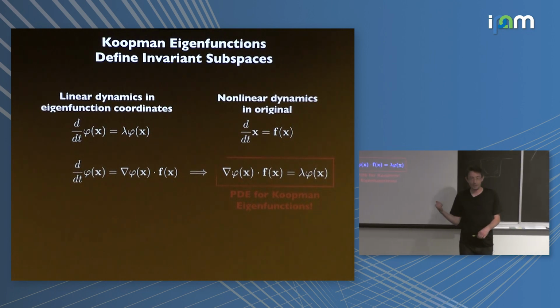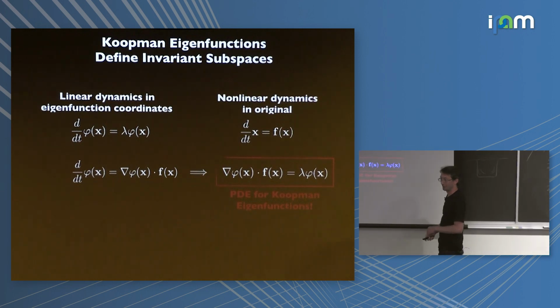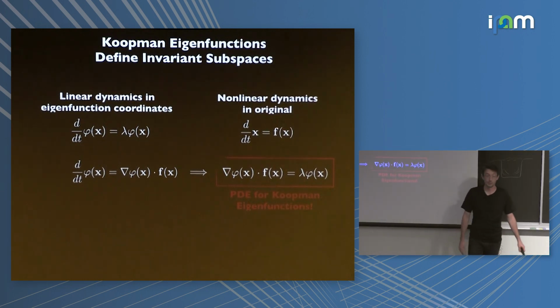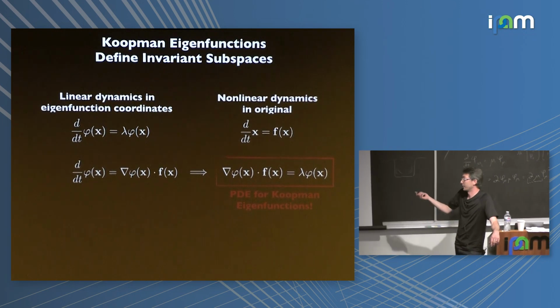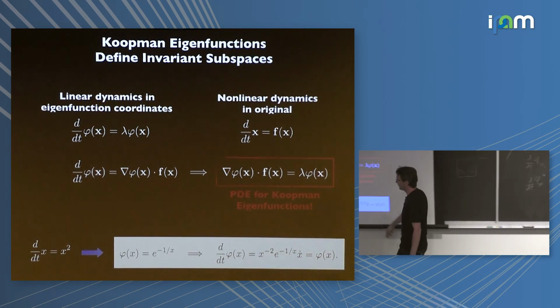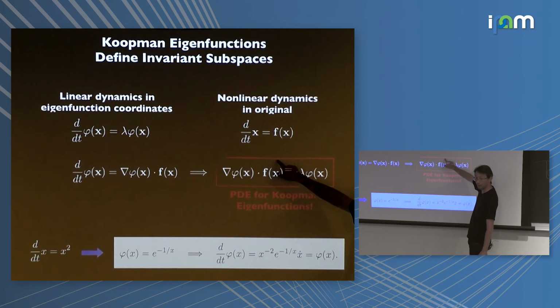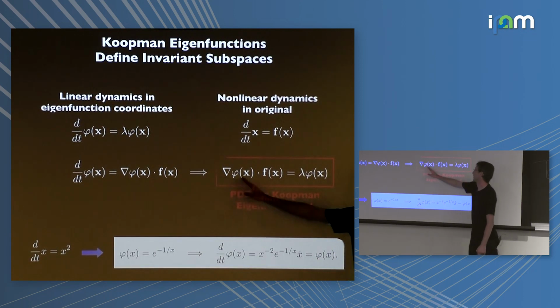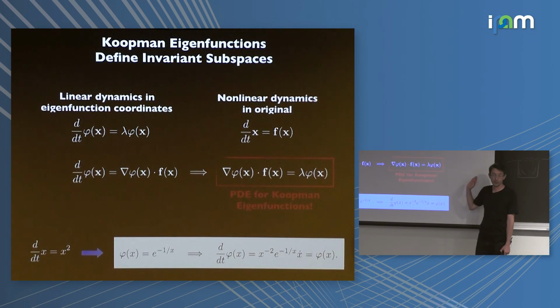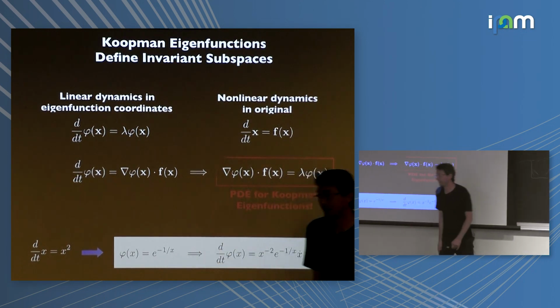I've run this by a lot of my PDE buddies, and they tell me it's very hard to find solutions of this, which confirms our experience. But there is a relatively straightforward expression you can write down that has to be true for continuous eigenfunctions. In this x dot equals x squared example, where f of x is x squared, you first try to write down a Taylor series for phi of x, and you realize very quickly that you can't make the coefficients of the Taylor series work. So then you write down a two-sided Laurent series, and you solve for all the terms, and you get e to the minus 1 over x.